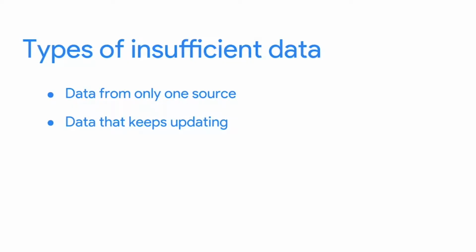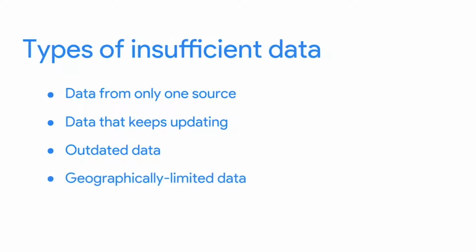On the other hand, your data could be older and no longer be relevant. Outdated data about customer satisfaction won't include the most recent responses. So you'd be relying on ratings for hotels or vacation rentals that might no longer be accurate. In this case, your best bet might be to find a new data set to work with. Data that's geographically limited could also be unreliable. If your company is global, you wouldn't want to use data limited to travel in just one country. You'd want a data set that includes all countries.